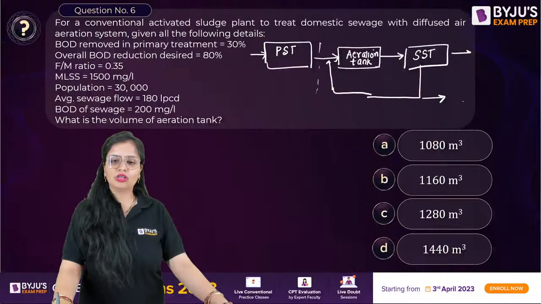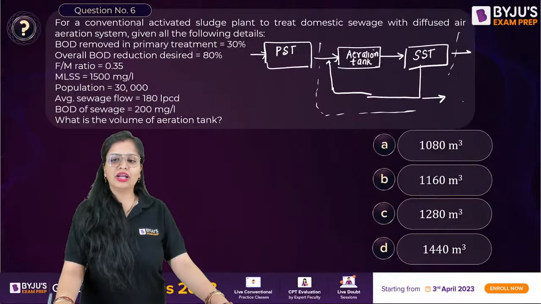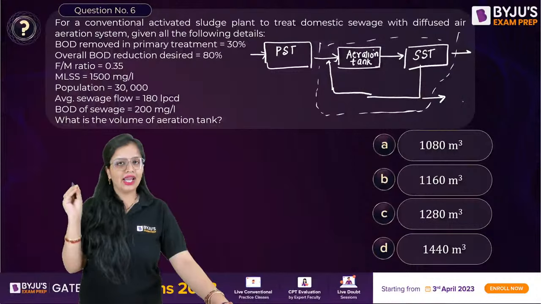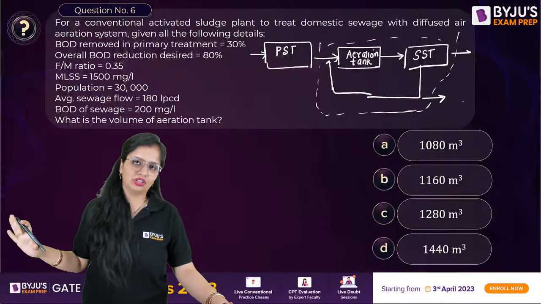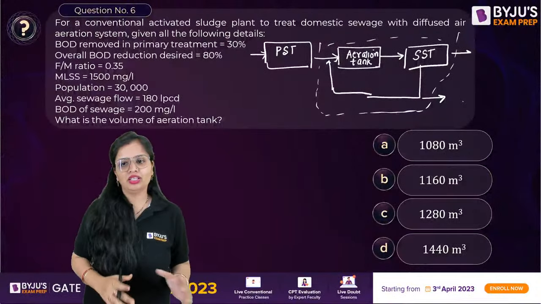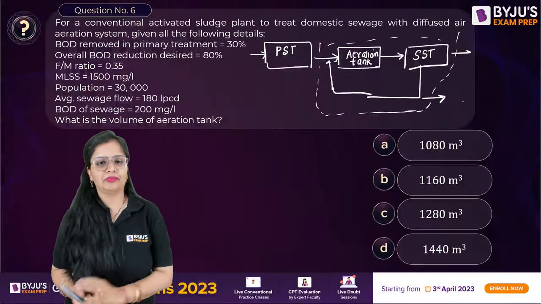So whenever you talk about control volume, you include the SST also by default, because without it, this activated sludge process will not function at all. So don't have this preconception that the aeration tank is ASP. No, this is the whole system which is the ASP. Now,